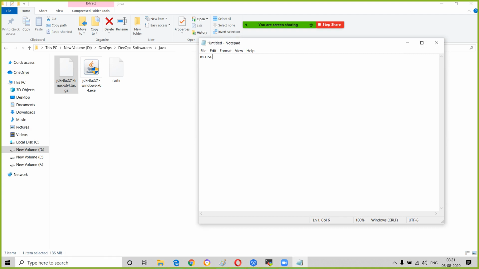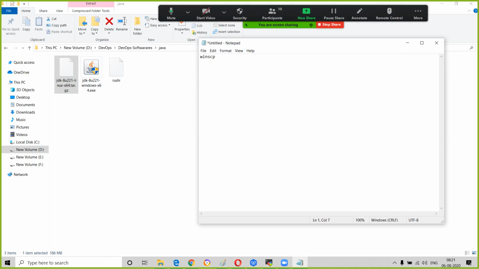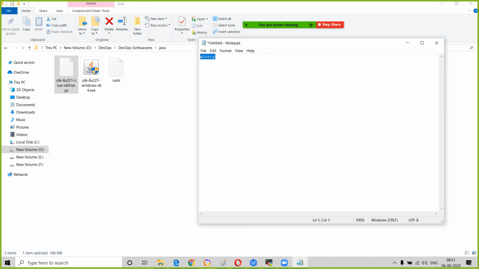What is WinSCP? WinSCP is a software, or it is a combination of two words. What is this, guys? First one is Win. Win means Windows. SCP means secure copy to the server. So that's why it's a combination of two words which helps us to copy the data from Windows to Linux